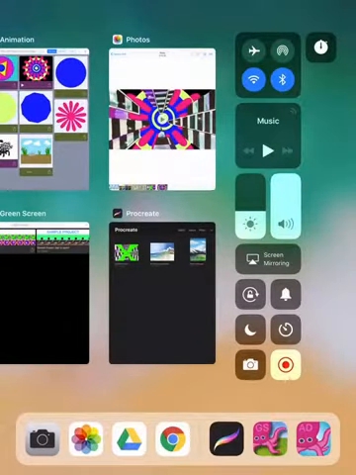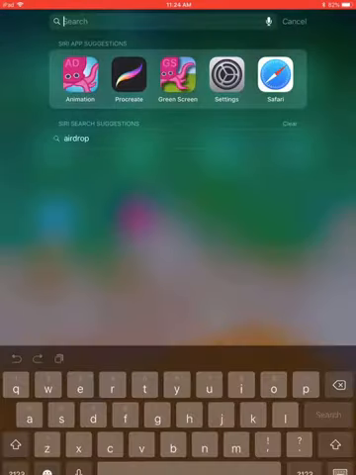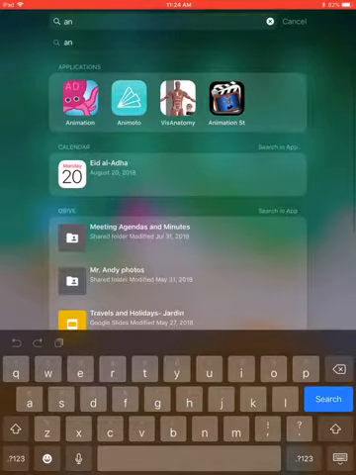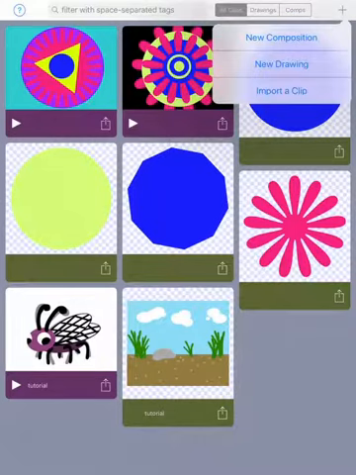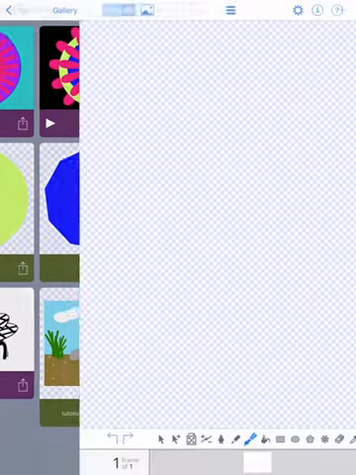So the first thing you're going to do is drag down, type in AN for animation. It'll get you the octopus. Click the plus sign and create new drawing. We're going to do all the little pieces together. So an easy one would be doing a circle